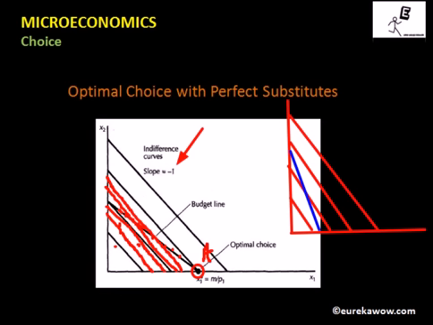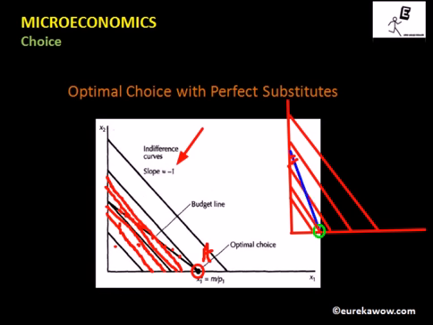Now we have to find the point of optimality. Now the question is, will this be the point of optimality? Clearly not. Why? Because if this is the point of optimality, then the indifference curve will look something like this. It will pass through this point, and we will see that there is a whole portion lying on the budget line, which lies to the right of the indifference curve and which will lie on a higher indifference curve. As a result, we say that this is not the point of optimality.